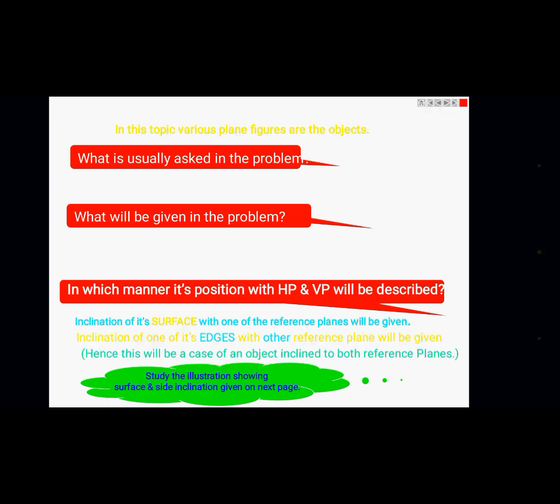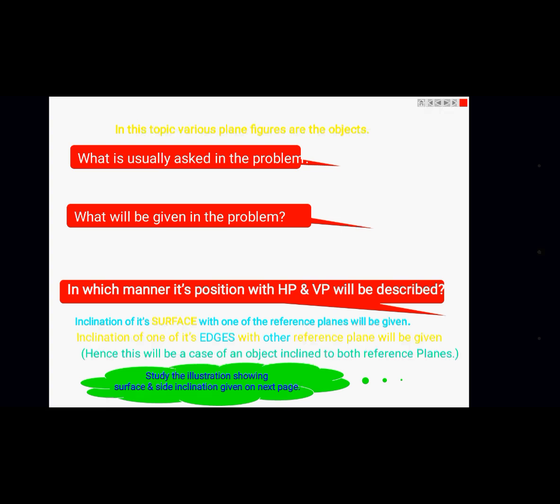A plane may be defined as a two-dimensional surface having length and breadth with negligible thickness. It is formed when any three non-collinear points, which are not on the same line, are joined. It is bounded by either straight lines or curves, and may be a regular figure or an irregular figure. A regular plane surface is one in which all the sides are equal, while an irregular plane surface will have unequal sides.